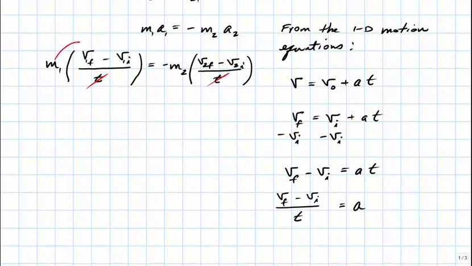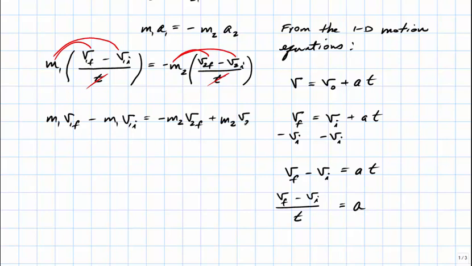We can also distribute the mass into the parentheses on both sides as well, and that will result in m1 v1 final minus m1 v1 initial equals minus m2 v2 final plus